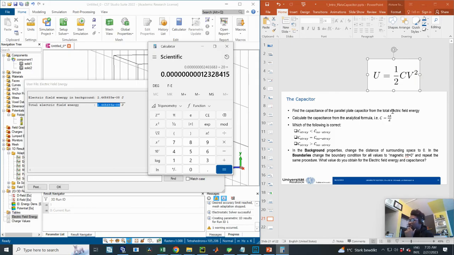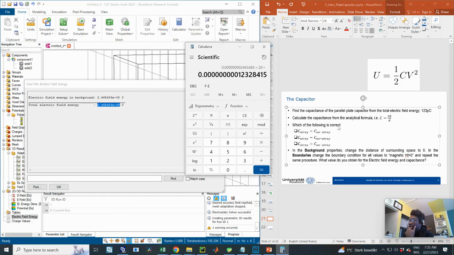So where can I write that? Okay, I think I can write that here. So this is 123 picocoulombs, and then for the analytic formula, what we have is, let me see, clear. Okay, I've never really used this before. I think it's C. Yes. So what we have is